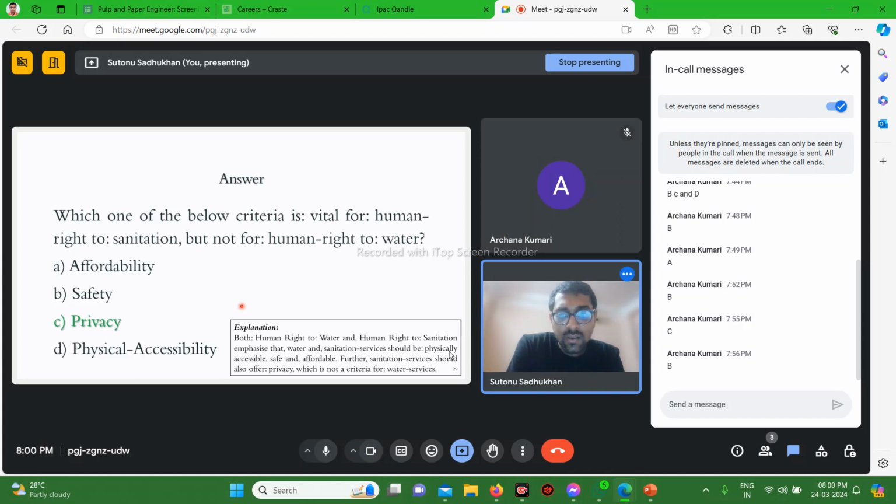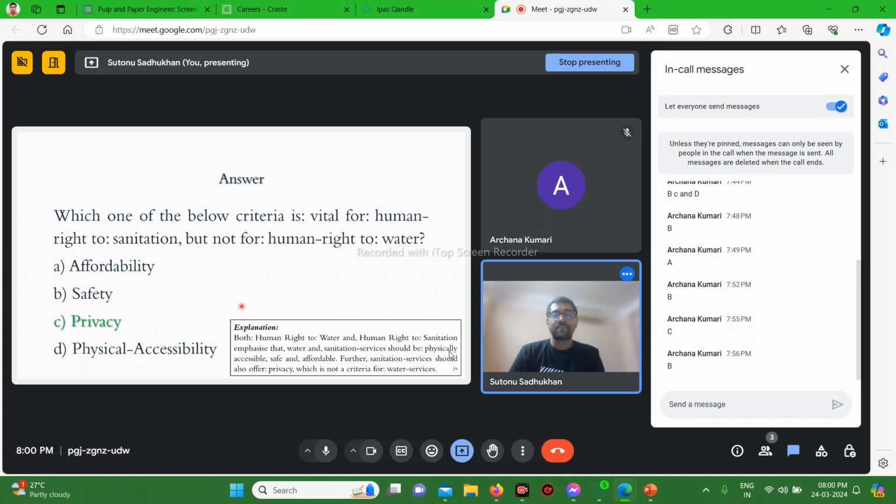And also, if something is used for sanitation, let's say some chemical is used for sanitation, then the chemical must be safe. And if water is used for sanitation, you have to take care that after washing, the water becomes polluted, so that must be treated before being thrown directly into the environment.